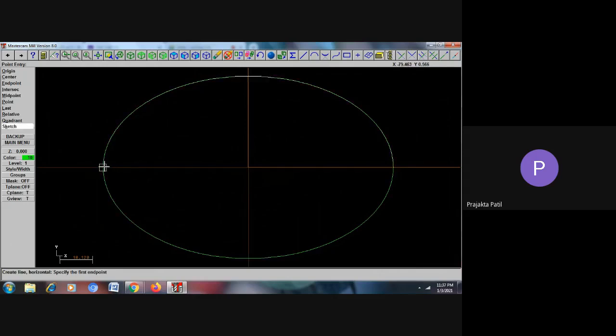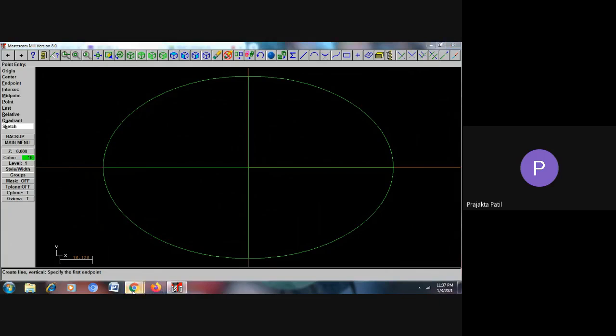So here I will first draw the horizontal and the vertical line along the x and y axis. This is a horizontal line from one end to the other end. Likewise, I will go to the main menu, create, line, vertical line, from this end to this end. These lines are required for our construction purpose. Just the axis line will not be helpful because these are imaginary lines, right?